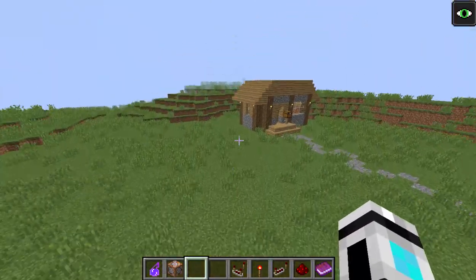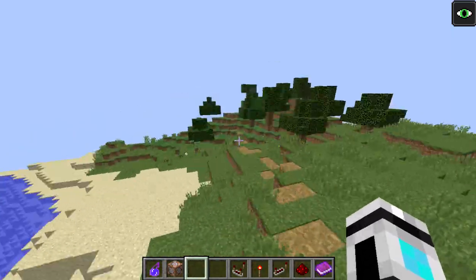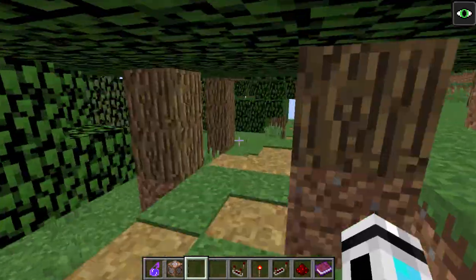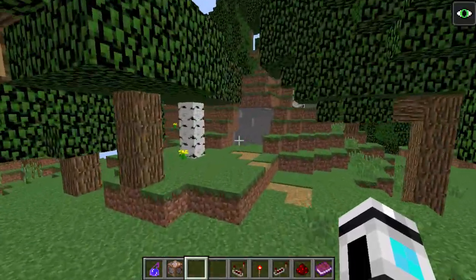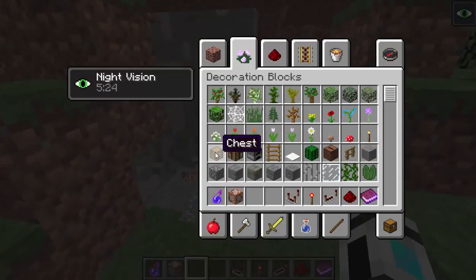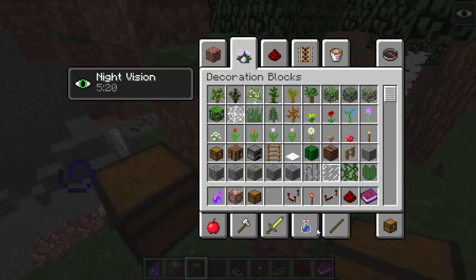Anyway, so now we have that, and the player is following the pathway. Follow the pathway, follow the pathway, follow the pathway. And if they stray off the pathway, then it's whatever, GG, but they're supposed to follow the pathway. Once they get here, we are going to put a chest with a bunch of torches. So this is where we're going to use